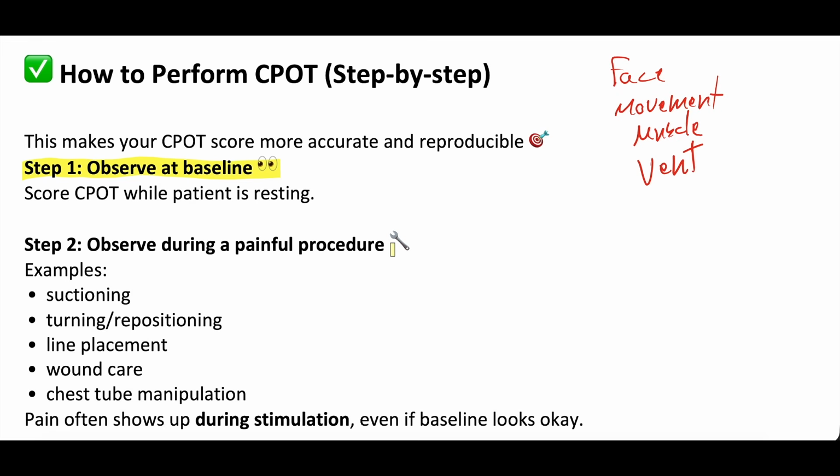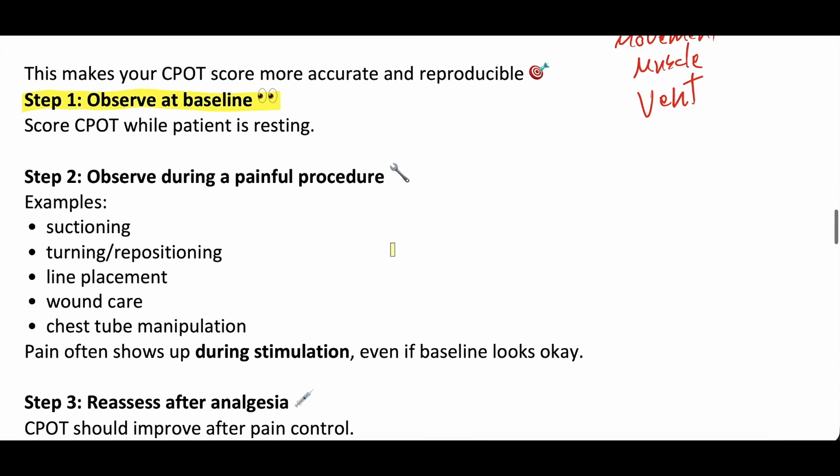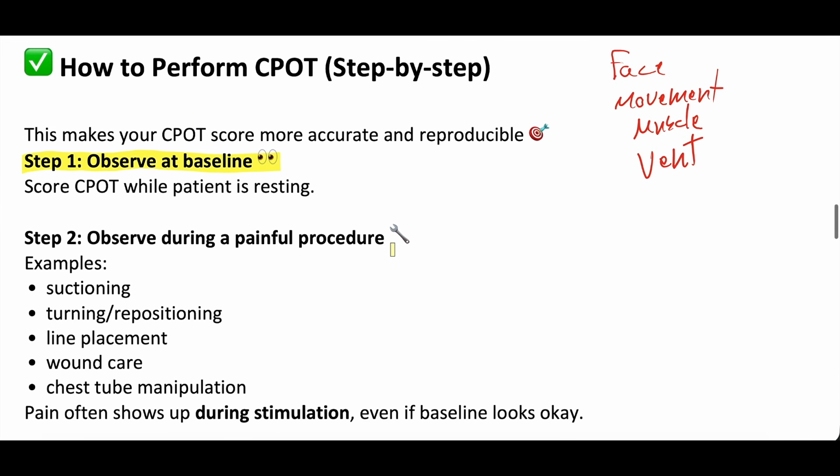So step 1, observe the patient just at baseline, right? Score them while they're resting. What's their face look like? Are they moving anything? Do they look like they have good synchrony with the ventilator? Step 2,